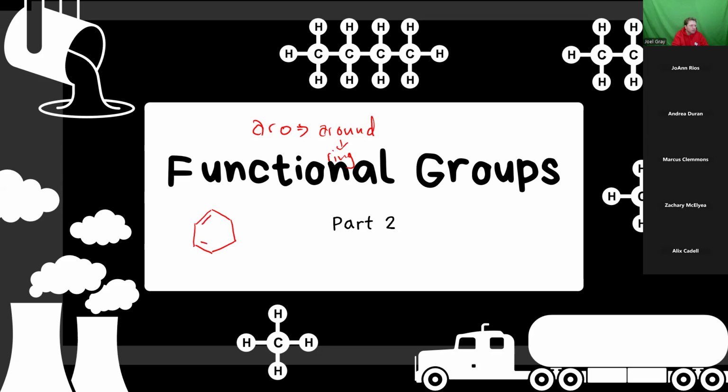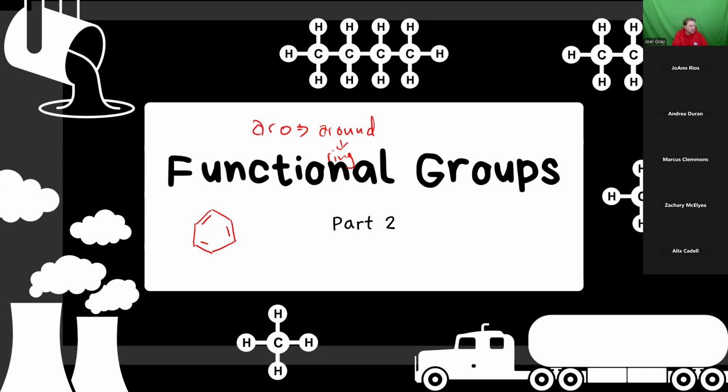But then whenever I put these double bonds in, I've got alternating double bonds. So this right here has alternating double bonds, which aromatic compounds have, and it is cyclic, which is true of aromatic compounds. So this is our aromatic compound. When we look at our different answer options, hexane, heptane, squalene,